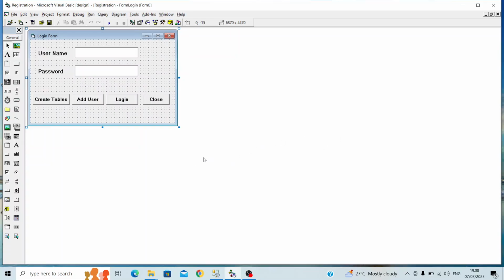And now we will be going to the first table, that is the login form. In the login form, we are creating the database connectivity and checking whether the username exists or not, and it will log into the next screen. Creating the table and other things are covered in the previous videos, so I am directly going to the login